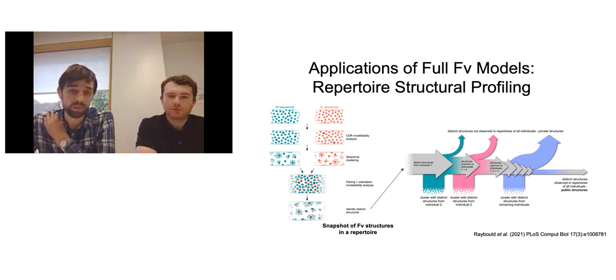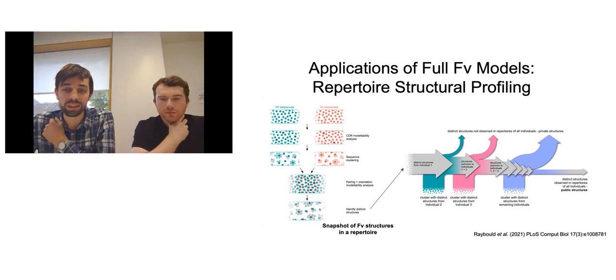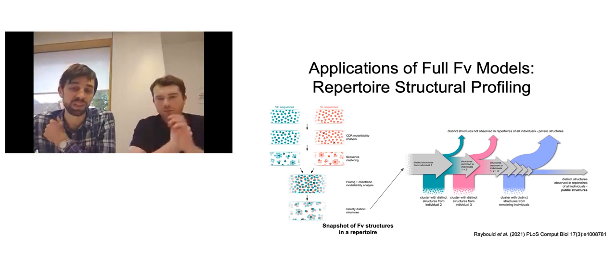But increasingly, we have this pairing from 10x data. We can do this easily, where we just take the paired sequences, model them, and then we can look at the diversity of these models and compare where these models sit between different individuals. We can go from sequences to snapshots of the FV structures that are present in someone's repertoire. And as we compare different individuals, we can look at how similar the structures that are sampled in their repertoires are to one another.